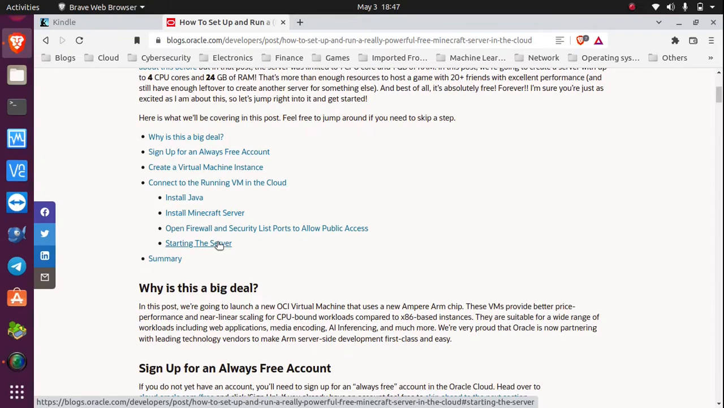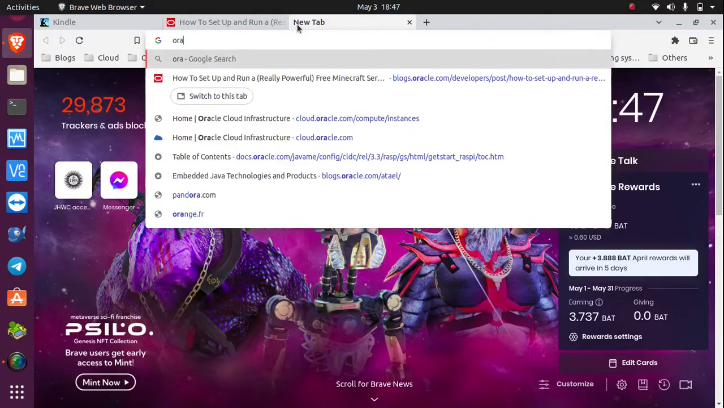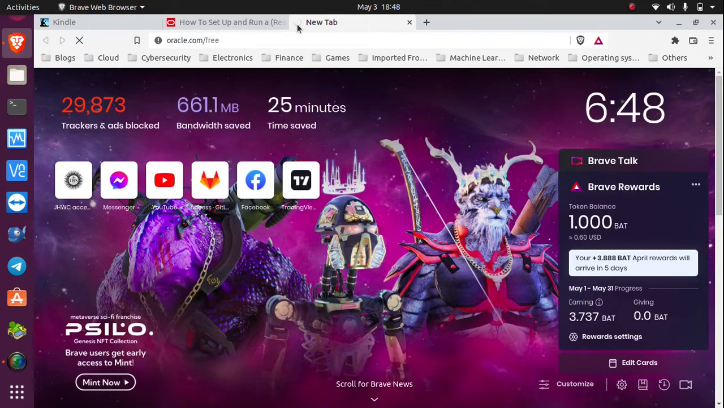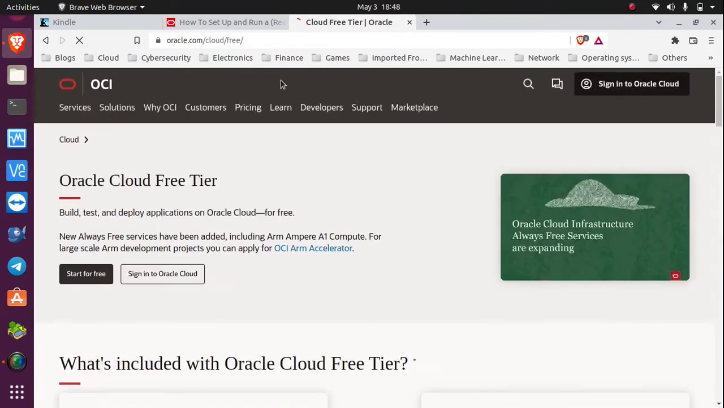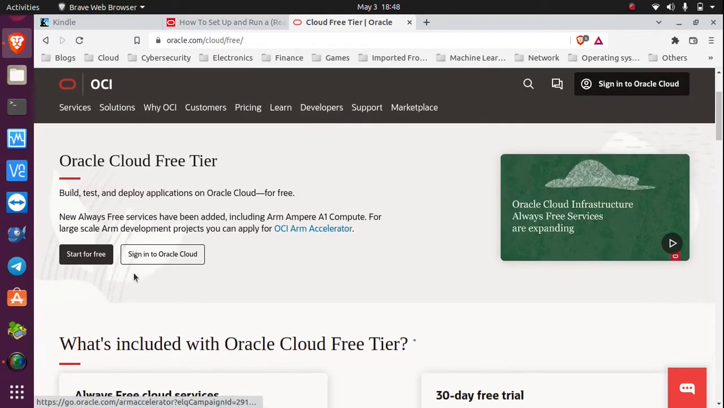So first is to sign up for an always free account in Oracle Cloud. To do that, go to oracle.com/free. You can skip this step if you already have a free account. You'll then be asked for your account information. First, click this button, start for free,